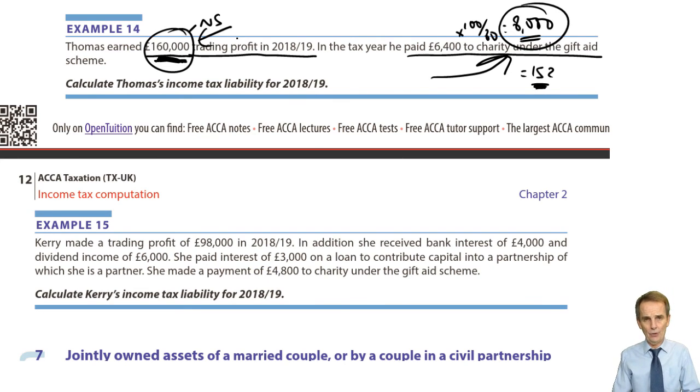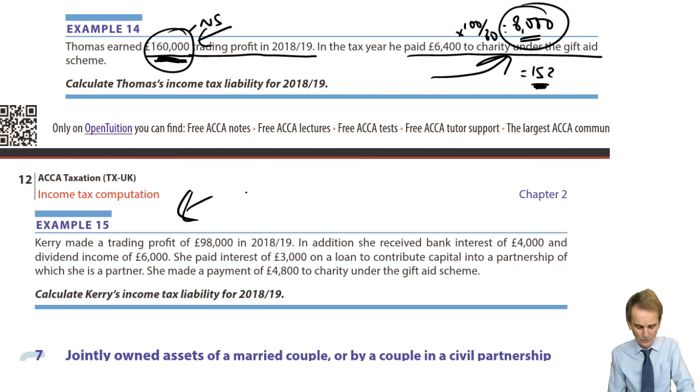So 160,000 is also the taxable income, but now what limits do we use? We do not use 34,500 and 150,000 respectively. We add to each of those basic and higher rate band limits £8,000. So with that in mind, I'd like you now to work through that particular example, check it out with the answer, and also before next time to have a little go at example 15 as well. So you do 14, also a little homework exercise, do example 15, and then we'll pick it up again together for the next part of our studies,